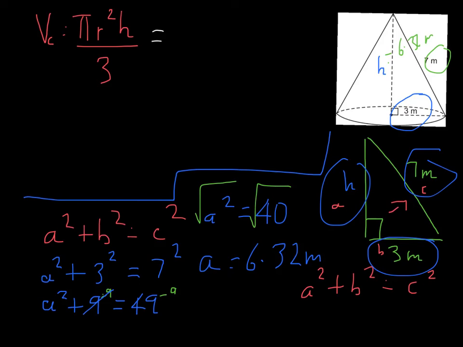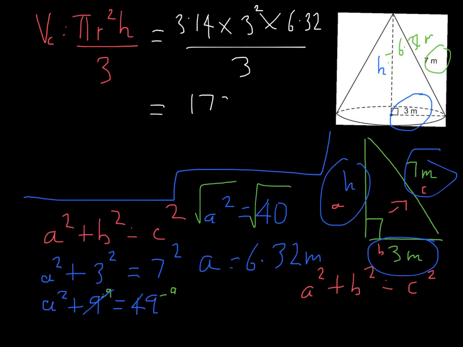So 3.14, which is pi, times the radius, which is 3 squared, times the height, which is equal to 6.32, all divided by 3. So yet again, I'll go to my calculator. 3.14 times 3 times 3 times 6.32 is equal to 178.6032. Yet again, you could round that off, but I'm just showing you what's on my calculator screen. I'll straight away divide that by 3, which is equal to